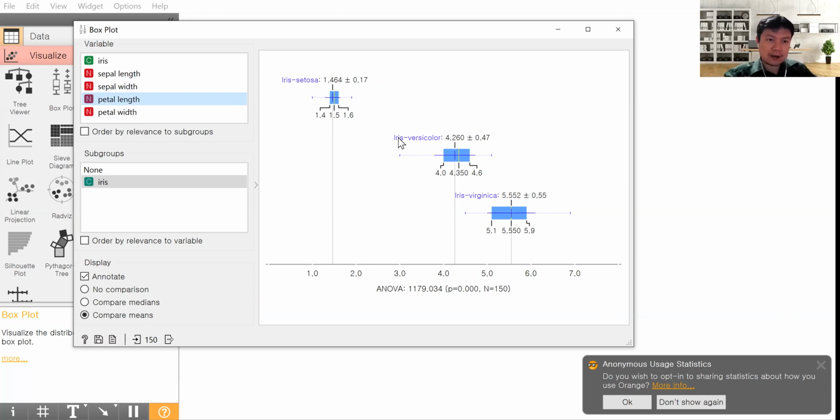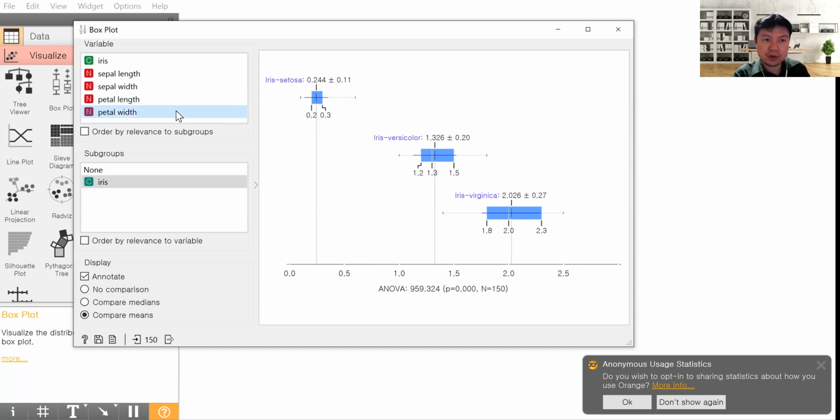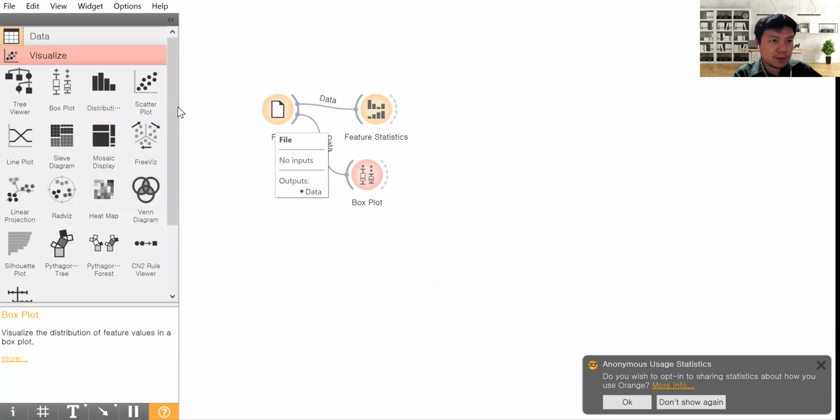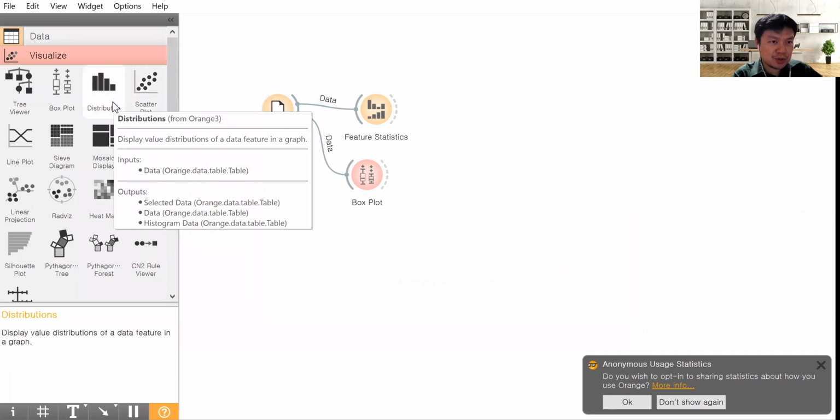So the petal length can be one of the attributes to distinguish the flowers, and also the petal width. You can see that there is almost no intersection between the data in this range of values. So this is about the box plot, and referring to the 5 measures in statistics, you can see also the distribution.